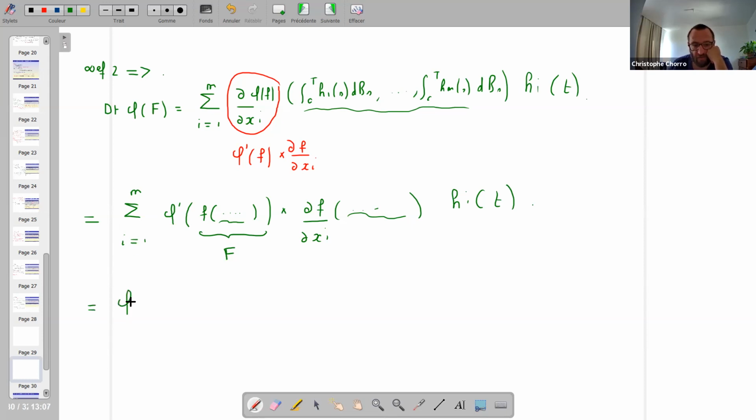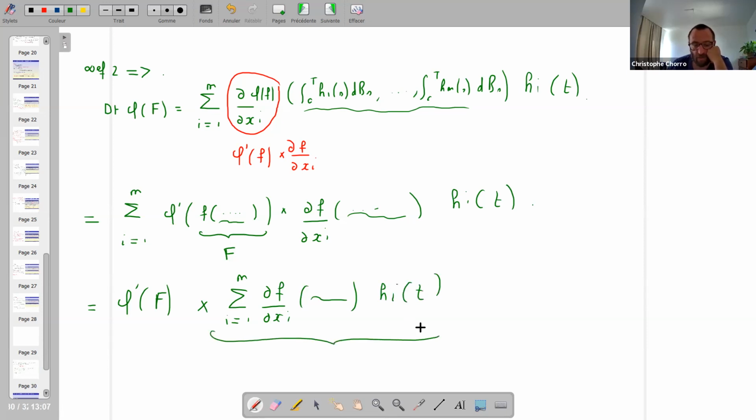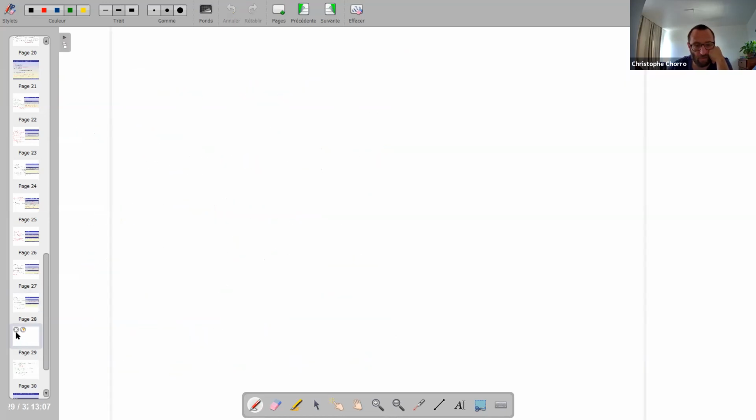So I have phi prime of f multiplied by the sum i equal to 1 to n of df over dxi at the Wiener integrals, hi of t. And here, by definition 2, this is just dt of f simply. And so I obtain here phi prime of f dt of f,